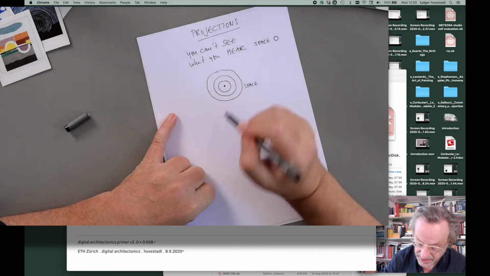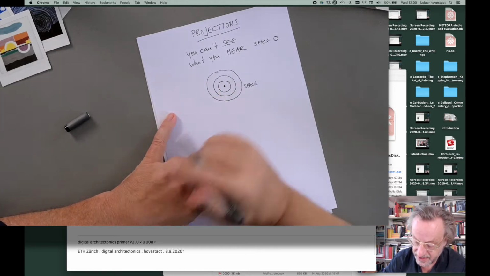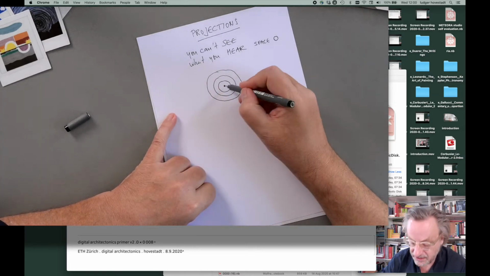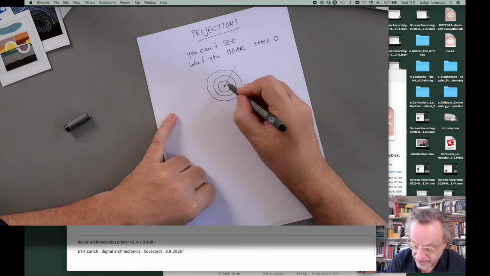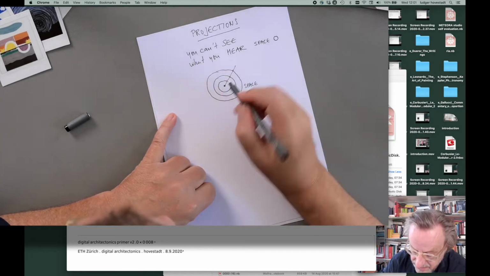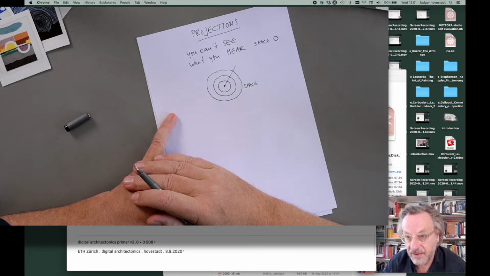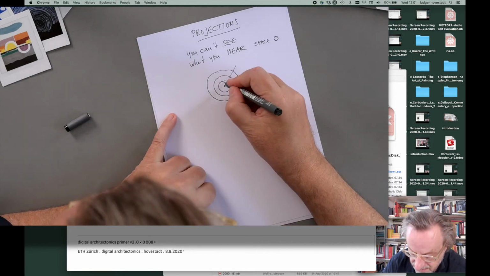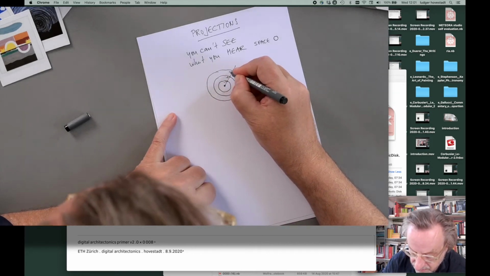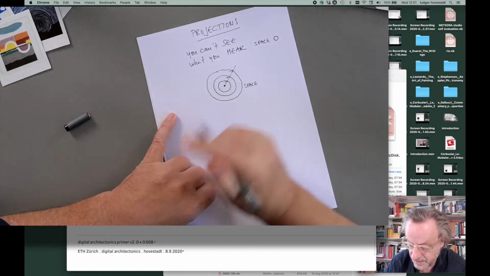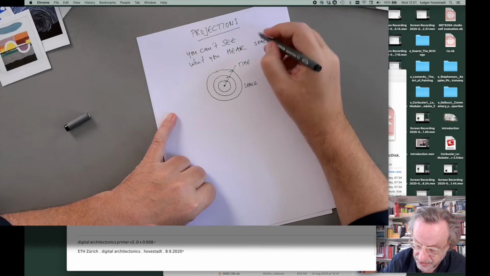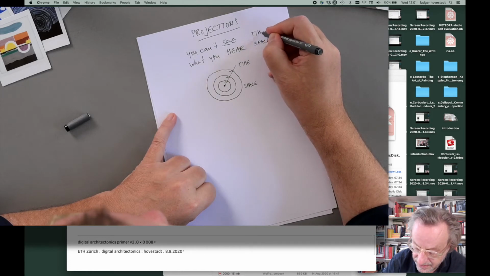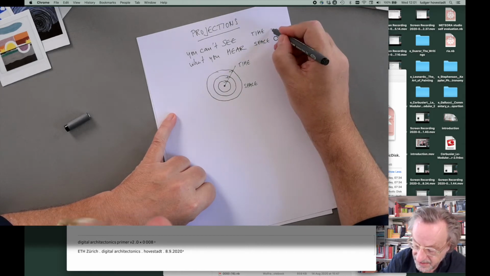Whereas, if you are here and look at all this scenario with your eyes, you cut space. And then you see points in time of the past. So this is -1, -2, -3. And this is time. So therefore what you see is time, and you see linearity.